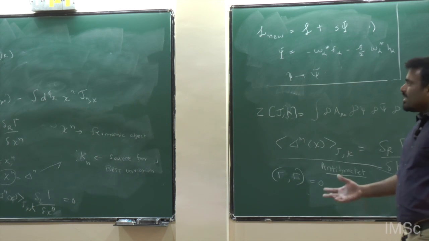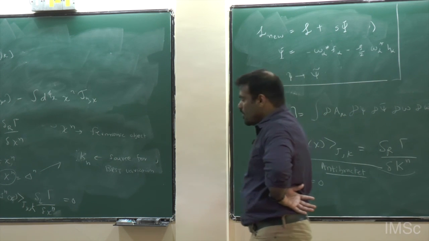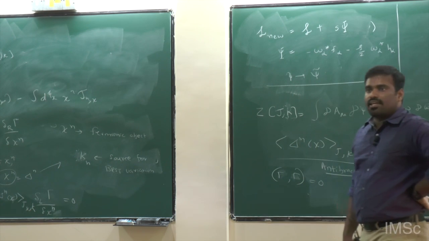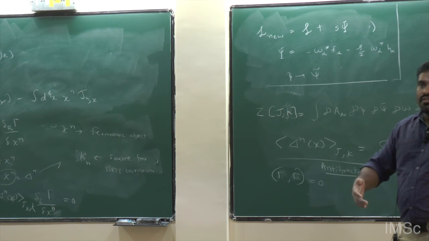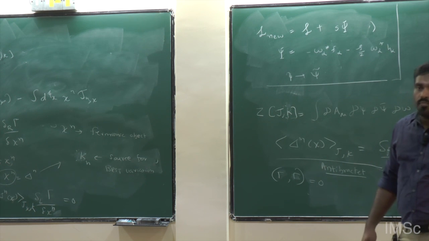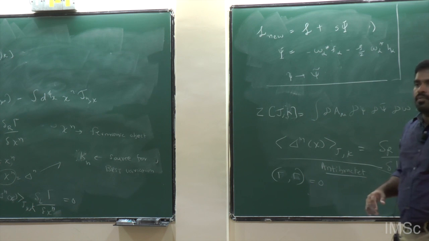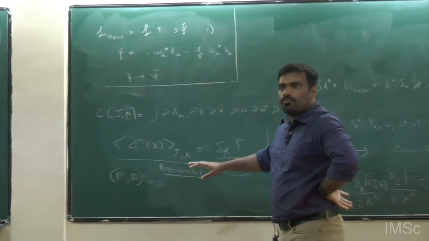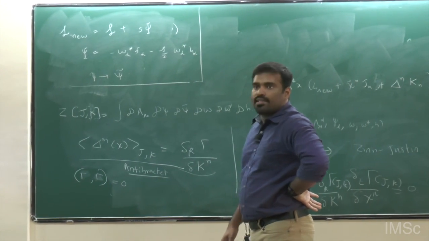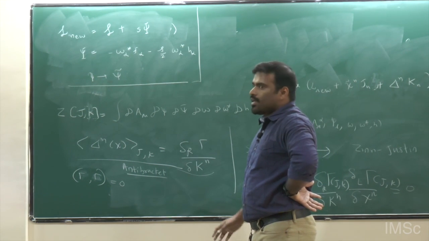Even further, you can consider so-called reducible gauge theories. That means you can have a gauge invariance which itself has another gauge invariance. You can consider more and more complicated gauge theories, and you can't use the Faddeev-Popov method for quantization. But if you start from the BRST symmetry and then quantize, you can quantize almost all theories that have a Lagrangian description. So BV formalism is an extremely powerful method for quantization, and string field theory really requires that.